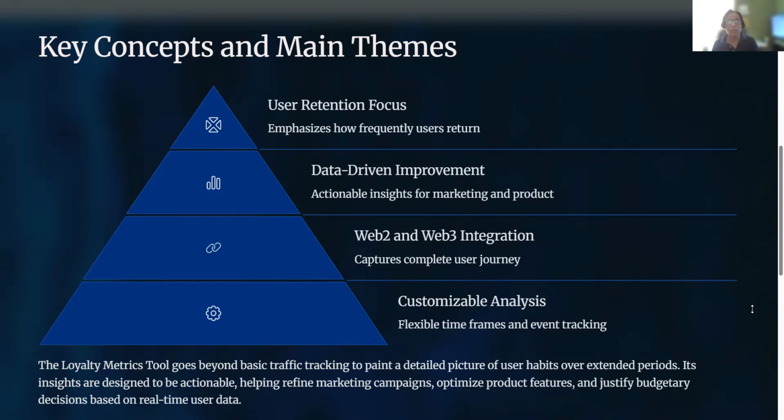So you need to make sure the tools that you purchase or subscribe to are data driven, getting data from multiple different blockchains and also integrating data from various Web2 sources, like a decentralized mobile application or a website. You need to collect and integrate that data to provide good visuals, and ultimately it needs to show what steps you need to take to improve the retention rate, thereby increasing the loyalty metrics for your customers.